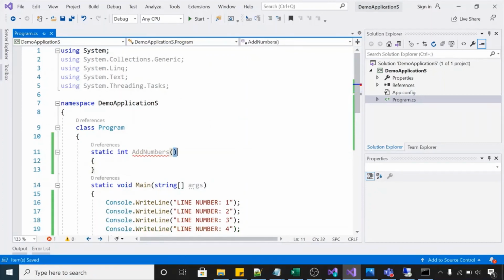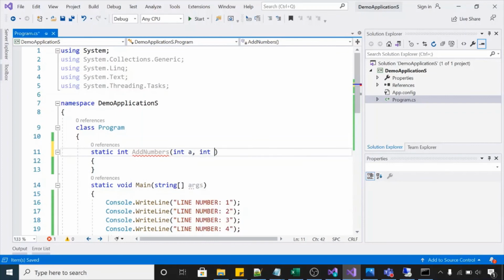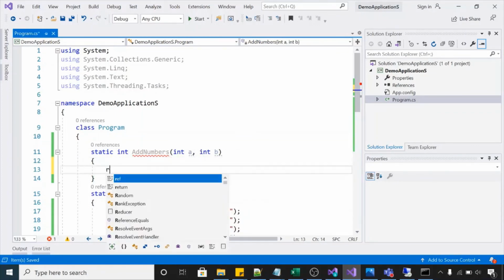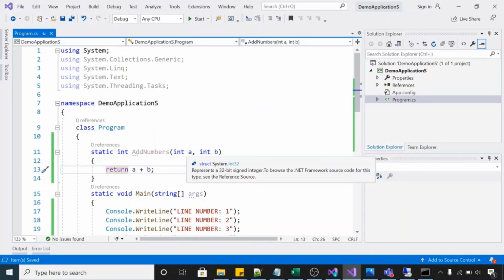So let's suppose this method is adding 2 numbers and returns a plus b. Now you created one method here that is adding 2 numbers of integer type, integer a comma integer b, and you want to provide some documentation here. Like what is this method, what are the arguments passed to this method, and what is the return type of this method. You want to tell your colleagues what this method is doing.